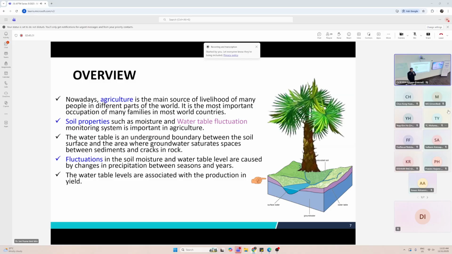Sime Darby Plantation is a very big company in agriculture research. So agriculture is considered the main source of our